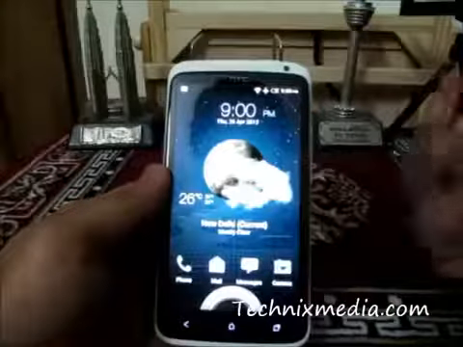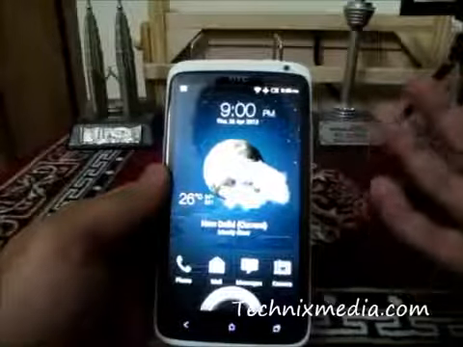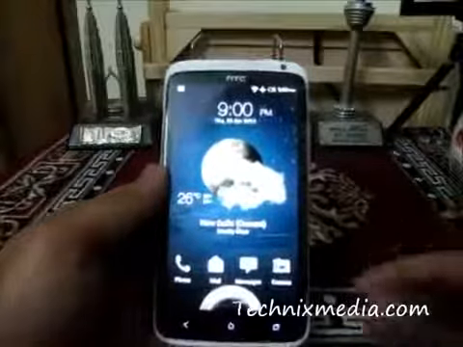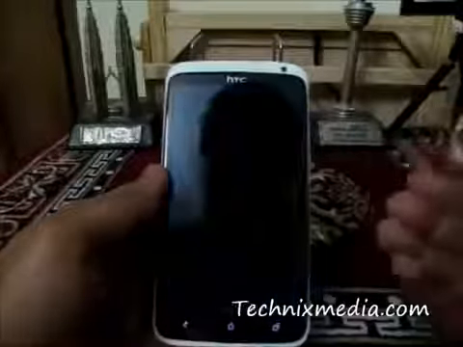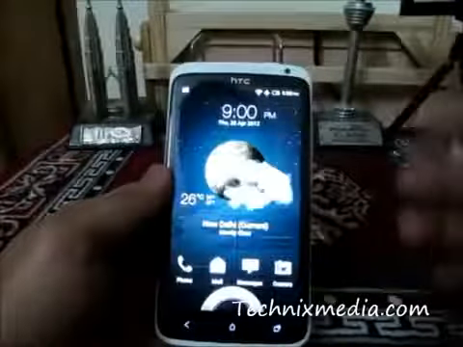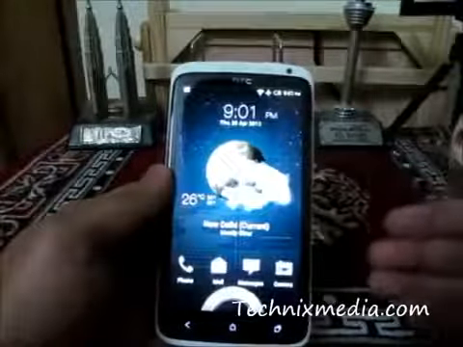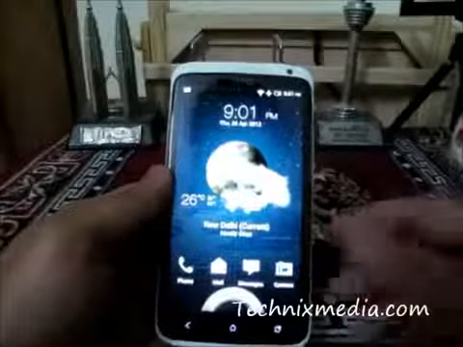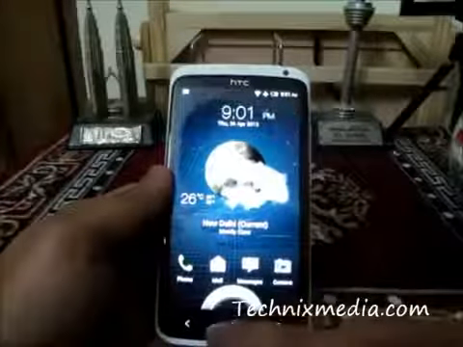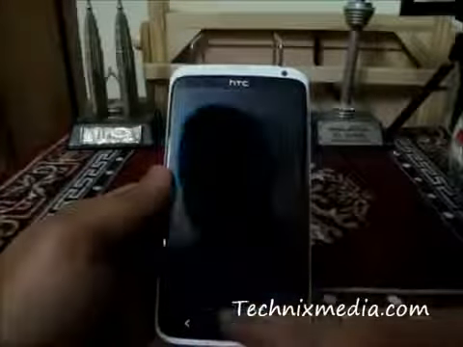HTC One X provides this particular lock screen by default, which you can enable, and it shows you the weather in such a nice animated way. It shows you the weather of the current geographical location where the phone actually is. How you can enable this particular effect on the HTC One X, we will just show you.